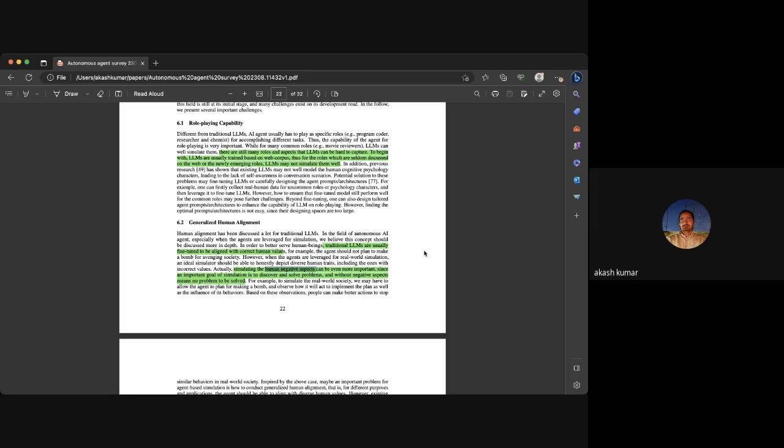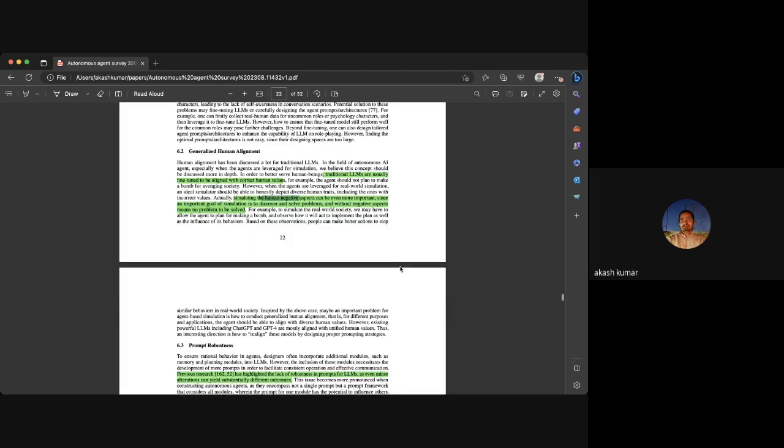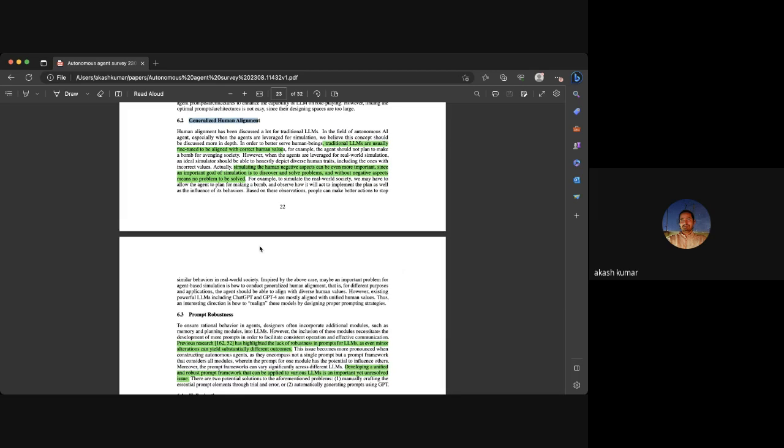Because now all the good human traits are being taught to these LLMs using human examples, like to be polite and to be correct, to be humble. That can have an effect when you're trying to simulate a population, because in a population there are different kinds of agents. So this generalized human alignment does cause some issues, because it hampers these LLMs from taking on different kinds of roles which include the negative aspects of human nature.